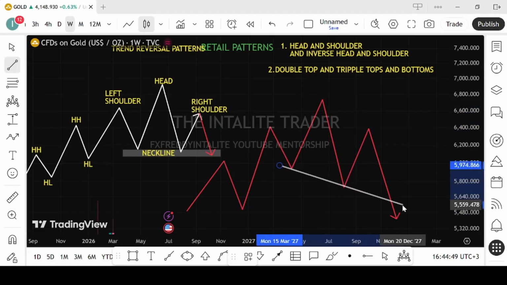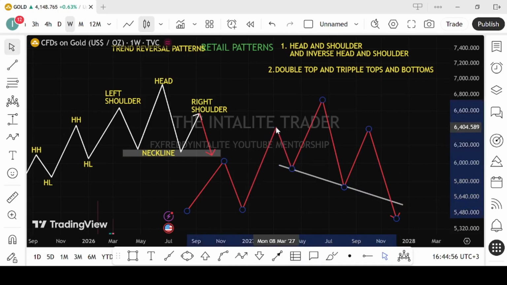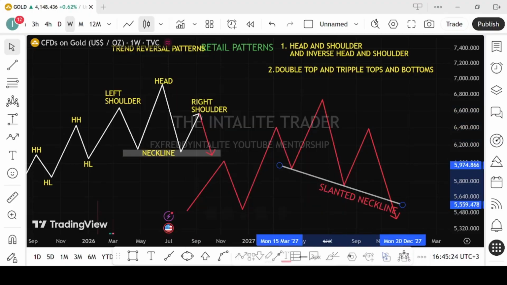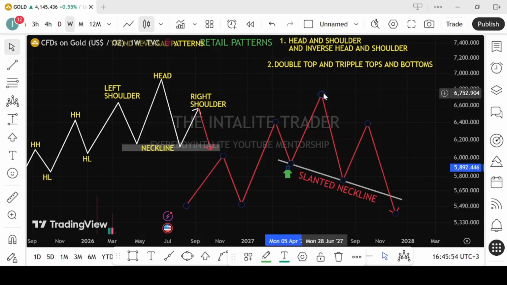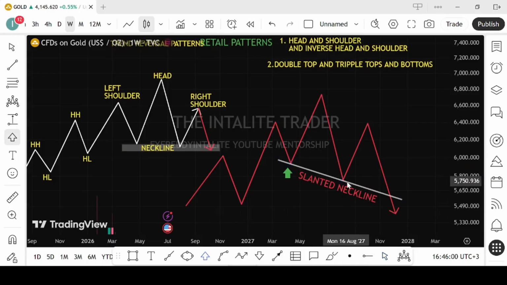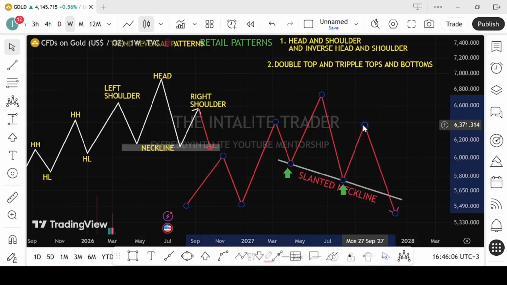When you see this most of the time, the question, the break should be below the neckline or within the neckline? This one's neckline is slanted neckline. Are you seeing this? This neckline is slanted. You have the price making higher highs and higher lows. It then sits here and pushes up, then comes and makes a lower low. If you look at this lower low, and then goes back and gives you equal highs. I mean the